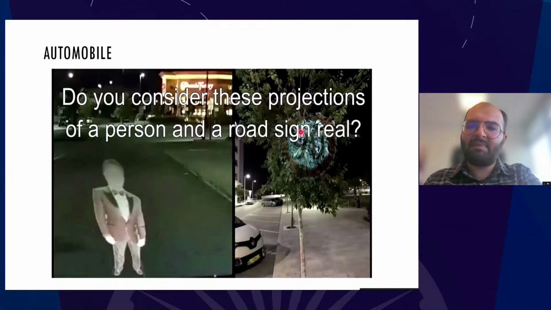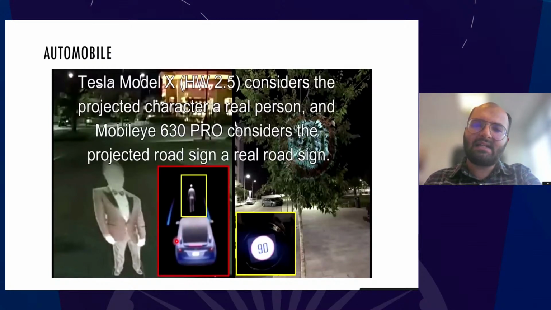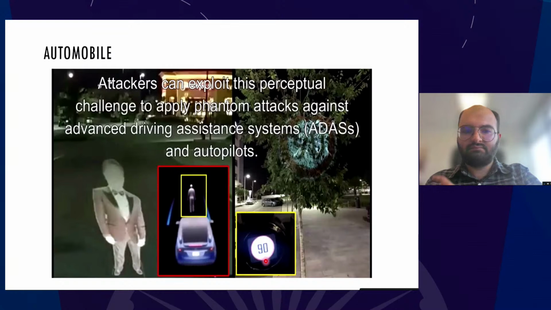तो यहाँ पे हम देख सकते हैं कि एक आदमी की इमेज है और यहाँ पे 90 स्पीड लिमिट की एक इमेज प्रोजेक्शन की है। अगर हम ड्राइव कर रहे हैं तो हम इसे फेक इमेज मानेंगे, लेकिन अगर टेस्ला की कार देखें तो वो इसको रियल इंसान मानेगी और ये पर्टिकुलर साइन को वो रियल 90 साइन बोर्ड मान लेगी और उस हिसाब से कार की स्पीड डिटरमाइन कर लेगी। आगे हम प्रैक्टिकली देखेंगे कि कार इंसान को देख के एक्चुअली कैसे रुक जाती है।